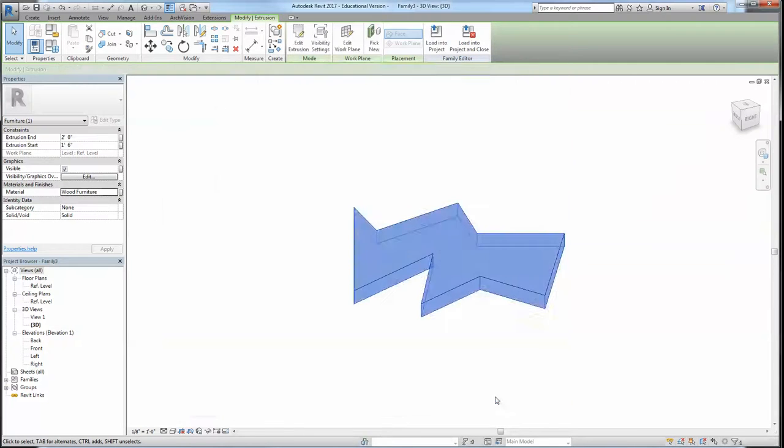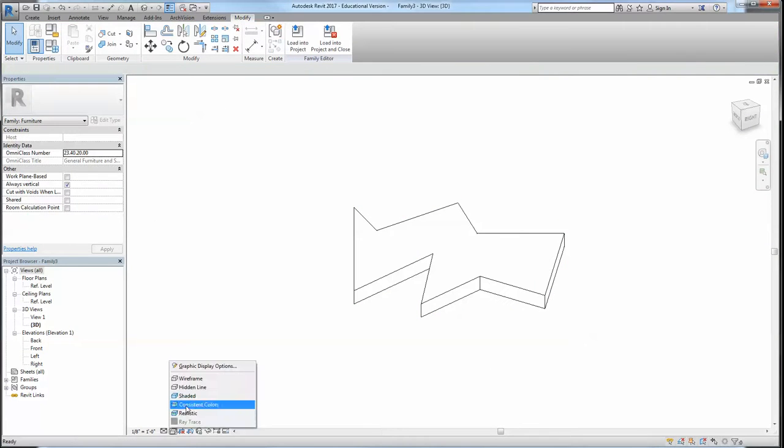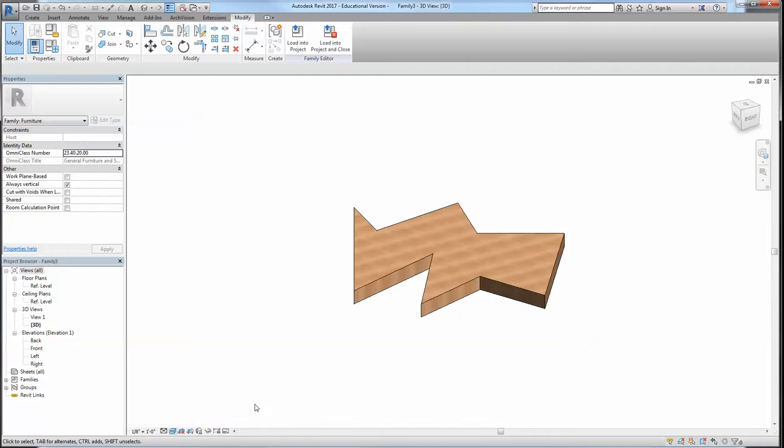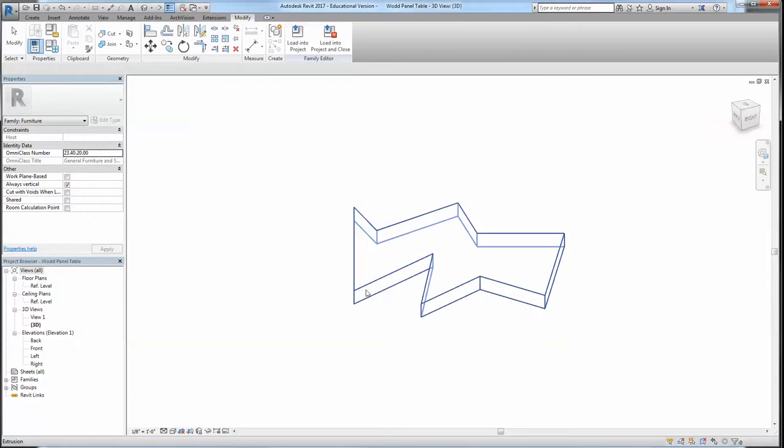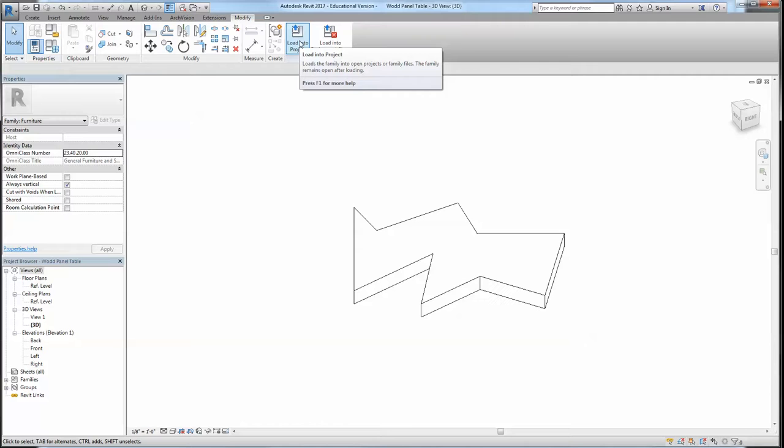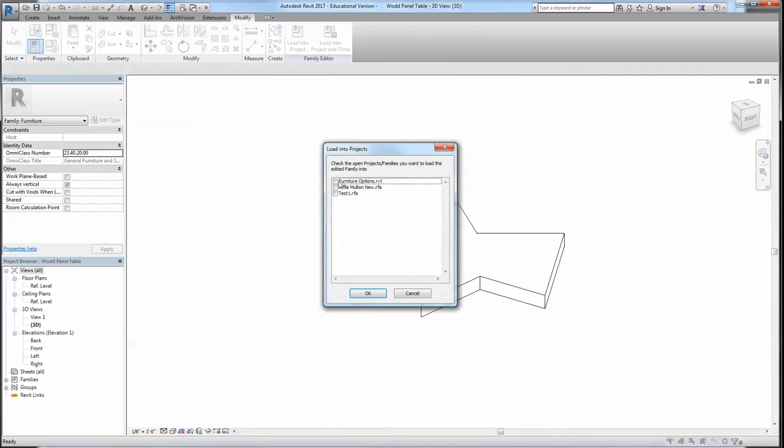You can say okay. You can also see how it looks. It's realistic, it looks amazing, and you save it. This again is like a block, or an external family to your file. You can call it wood panel table. You load it into the project where you want to use it. I'm going to use it in my,